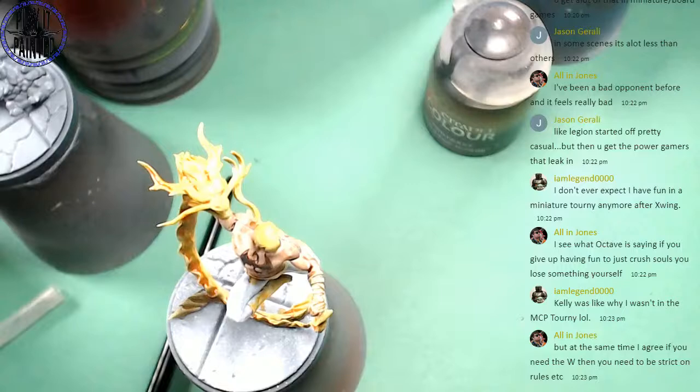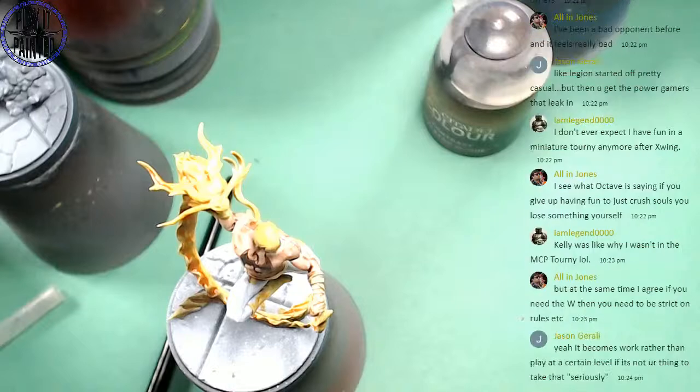Winning tournaments can be addicting when, again, we go back to heroin, right? You get that dopamine hit. You won a tournament, you did something, you accomplished something. That's great. But once you get past that, and you show up expecting to win, it's joyless. You've got to challenge yourself in different ways, and so